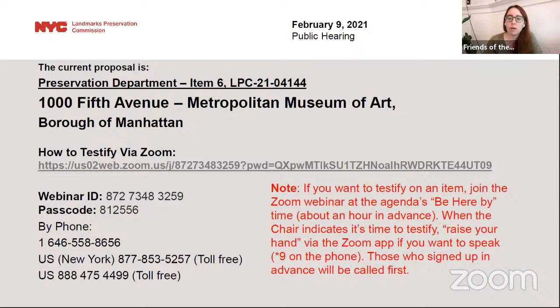We believe that while the proposed framing will diminish the texture of the sloped glazed wall, the pattern is still visible and will not read as a large single pane of glass. The greater transparency of the glass, while not present on the existing wall, will provide much needed light control and relates to Roche Dinkeloo's original proposal for the Rockefeller wing. The proposed alteration is necessary for the proper functioning of this beloved institution and will not detract from the character of the museum. We are, however, slightly concerned that the Metropolitan Museum of Art has not come up with a